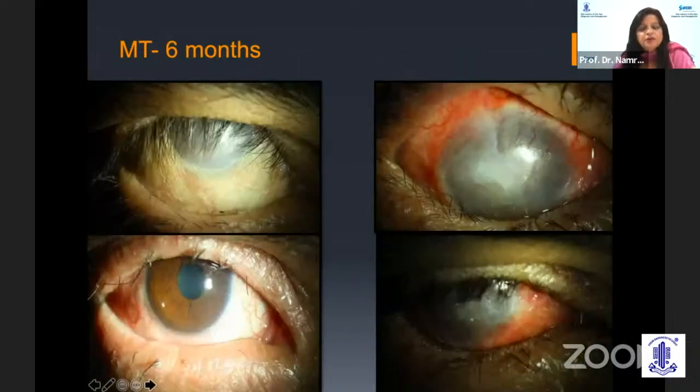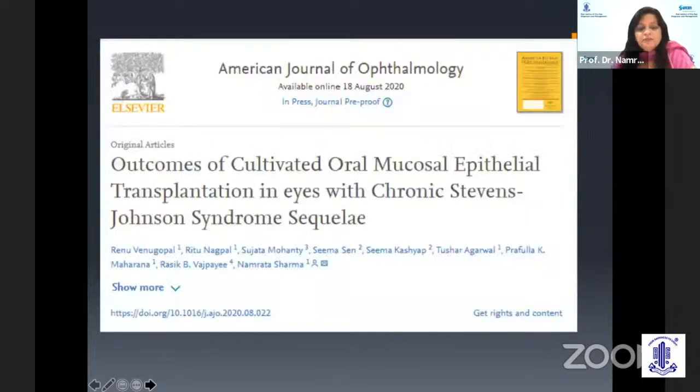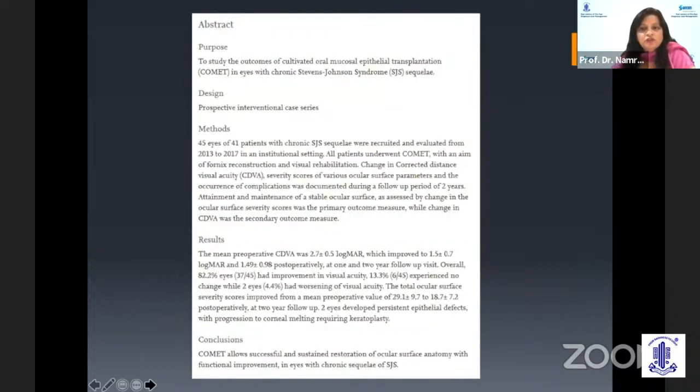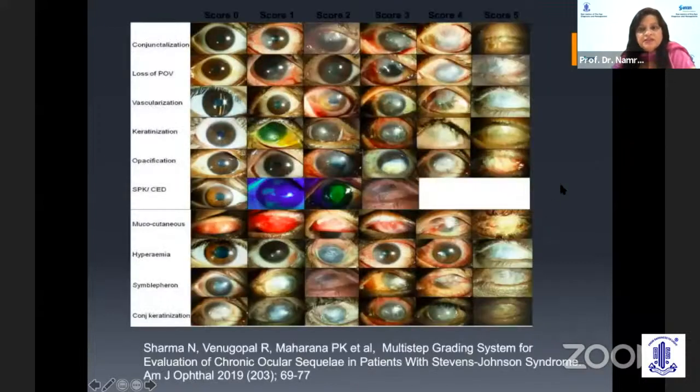So it is very important that AMT be performed in this. The second part that I want to highlight is outcomes of COMET in eyes with chronic SJS, which has been published just this month in American Journal of Ophthalmology. Again, in this, we looked at 45 cases, and we described a new